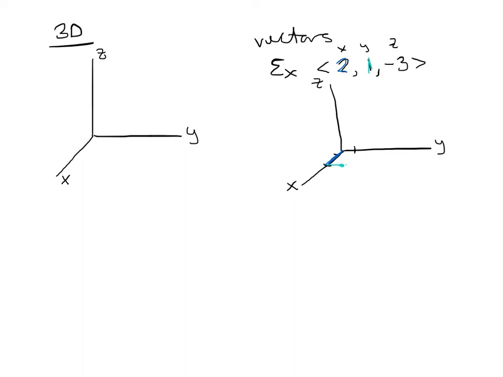And then I am going to go down 3 along in the z direction. So from there I'm going to go 1, 2, 3 in the z direction. And so my vector, I started from the origin, but I ended up at that point, and so there's my vector. I guess maybe those were a little bit of weird numbers because it almost looks like that vector is going straight down, but it's not quite. It's going just over a little bit in the y-axis and going forward a little bit, kind of out of the paper in the x